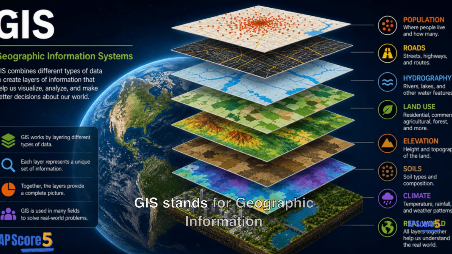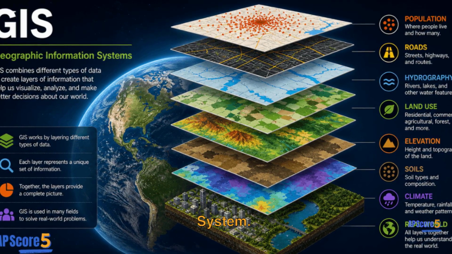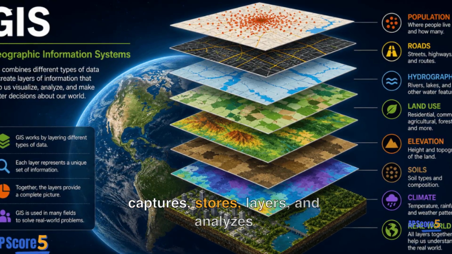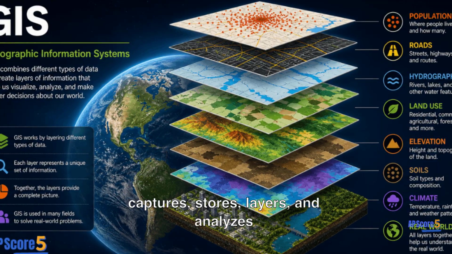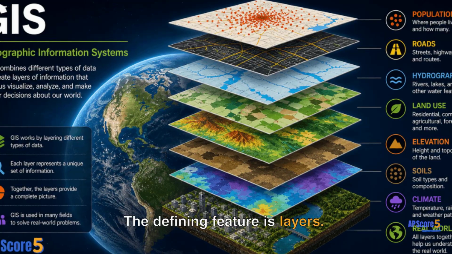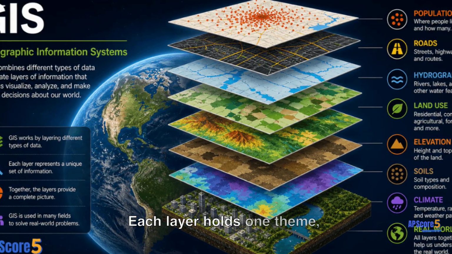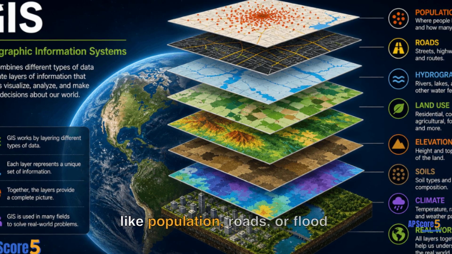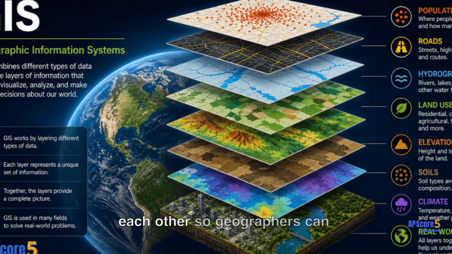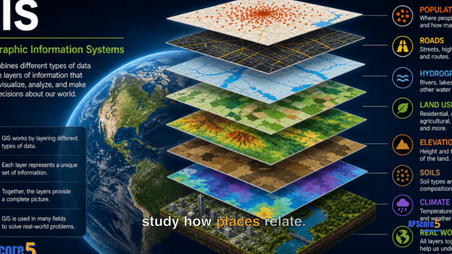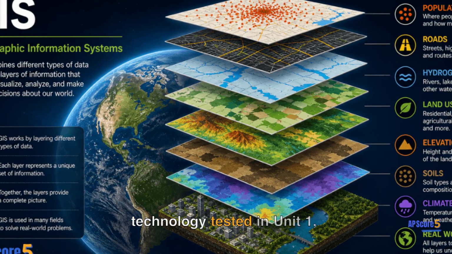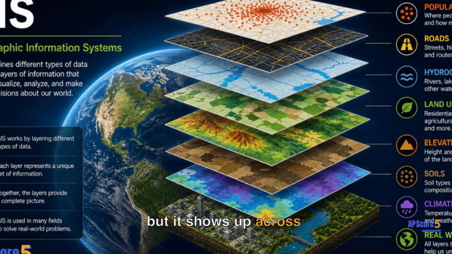GIS stands for Geographic Information System. It's a computer-based tool that captures, stores, layers, and analyzes geographic data on a digital map. The defining feature is layers. Each layer holds one theme, like population, roads, or flood risk, stacked on top of each other so geographers can study how places relate. GIS is the main geospatial technology tested in Unit 1, but it shows up across multiple